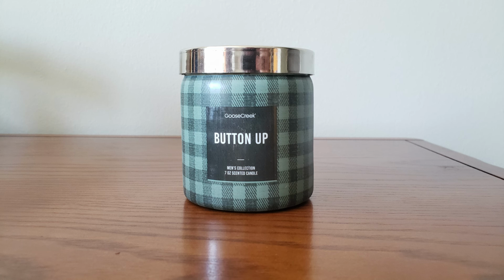Your scent notes for this are fresh ozone, Meyer lemon, dark amber, clary sage, black peppercorn, jasmine, velvet sandalwood, and forest musk. I get a lot of sage on this. There is kind of that fresh air scent note in there. I really don't get the jasmine and the sandalwood. I don't smell the amber. There is a slight woodsy musk scent note to it, so that's probably the forest musk. Smells pretty good, actually. It doesn't smell super cologne-y. I was worried that it might be too cologne scented, but it's a nice balance. I believe they're out of these single wick candles, but they do have the 3-wick still available